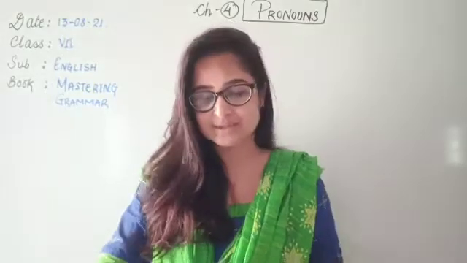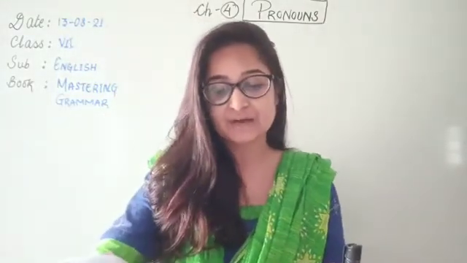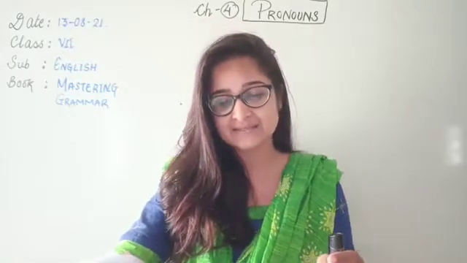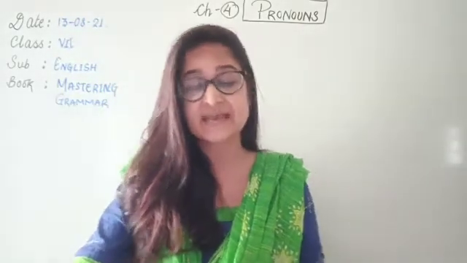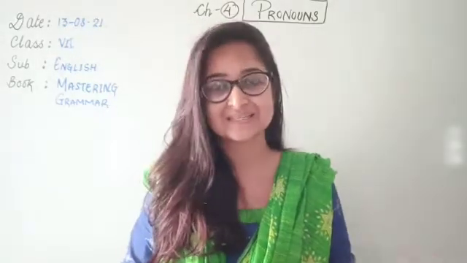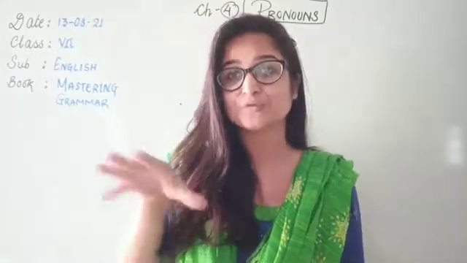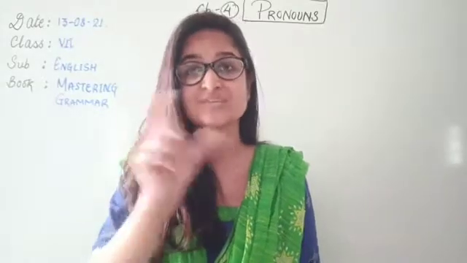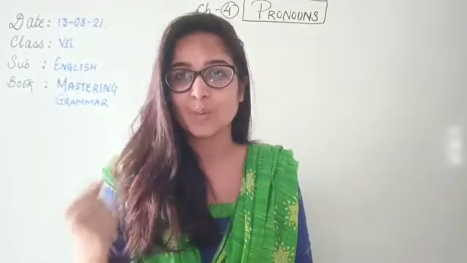That is used for both persons and objects after adjectives in the superlative degree, after words like some, all, any, nothing, none, and as is used after words like such and same in the sentences, and what indicates that it has no antecedent. So what is used in place of those nouns where the antecedent is missing, okay, that means the noun for which it's standing is missing, okay. So in that case we are going to use what.